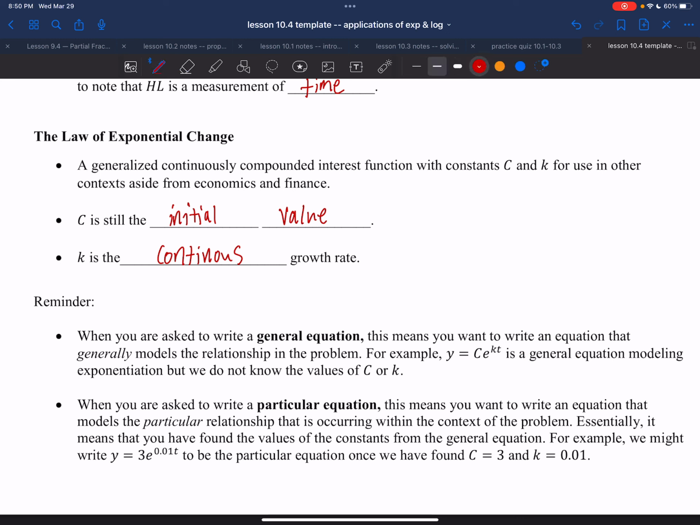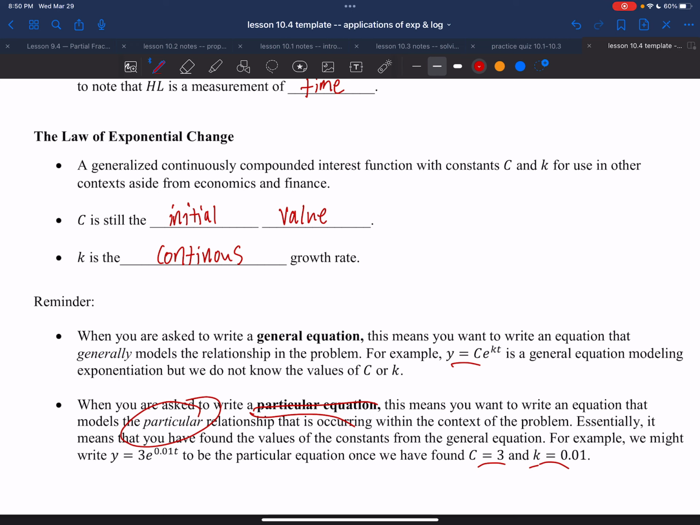What's more than that is finding the particular equation. Now you see, the particular equation means you have that context. It means you have a particular relationship between certain variables, and you're operating within the context of a problem, right? So really, it's like the general equation, but you found what c and k are because you found the actual initial amount in reference to the problem we're working on. I hope that I make that clear